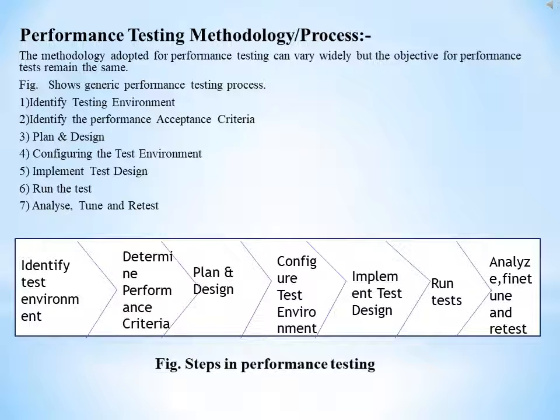Number two, identify the performance acceptance criteria. This includes the goals and constraints for throughput, response times, and resource allocations. It is also necessary to identify the project success criteria outside of these goals and constraints. Testers should be empowered to set the performance criteria and goals, because often the project specification will not include a wide enough variety of performance benchmarks. Sometimes there may be none at all. When possible, finding a similar application to compare to is a good way to set the performance goals.